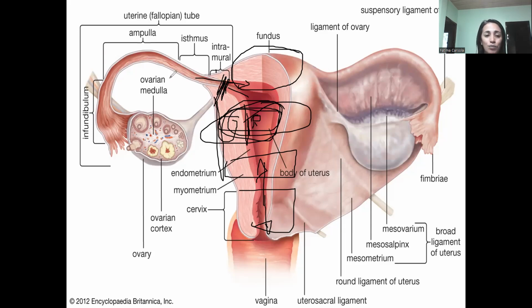And here we have the isthmus. In the board exam, this is where they do your BTL, or bilateral tubal ligation. Please take note that BTL could be either permanent or temporary. Permanent BTL is done to mothers who don't want to get pregnant anymore. Ito yung ayaw na talaga nilang magbuntis. In permanent BTL, they will be cutting the fallopian tube permanently.